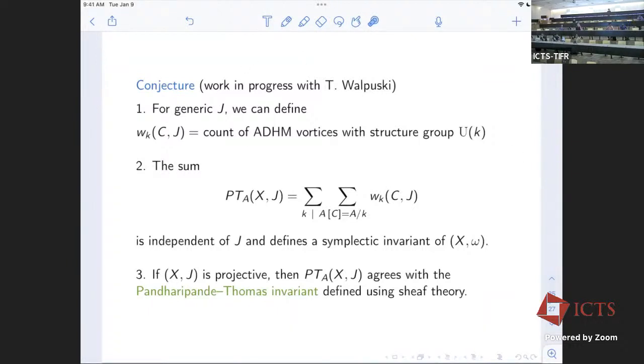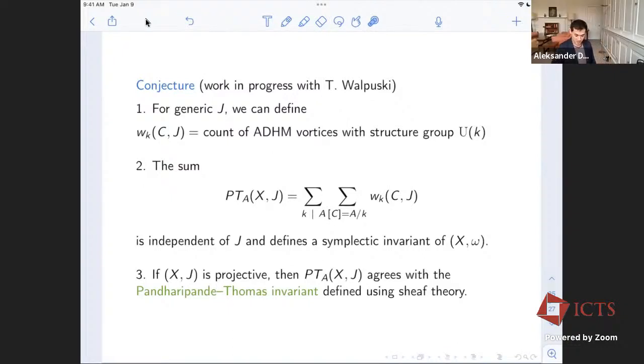This may be irrelevant, but I'm curious about the symplectic invariant that you define in the first part. If I want to calculate them as numbers, are they feasible? You mean what I just discussed, the PT invariant? No, the first one, that symplectic invariant. Oh, just for the primitive class? Yes, yes. I would think so, because